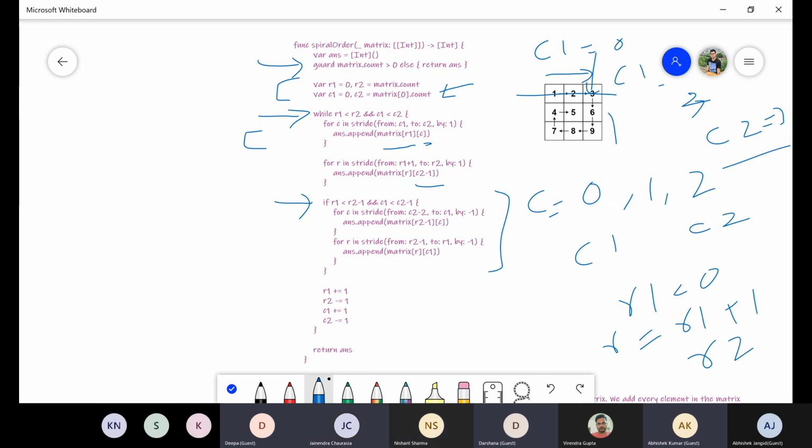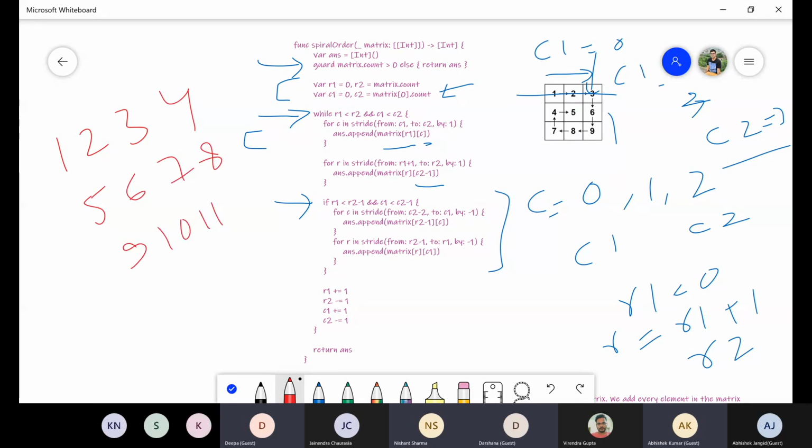Nishant, those last four variables, can you explain once again? Increasing R1 and decreasing R2, yes. Same for column. Suppose this is my matrix. Initially I traverse this with this while condition.